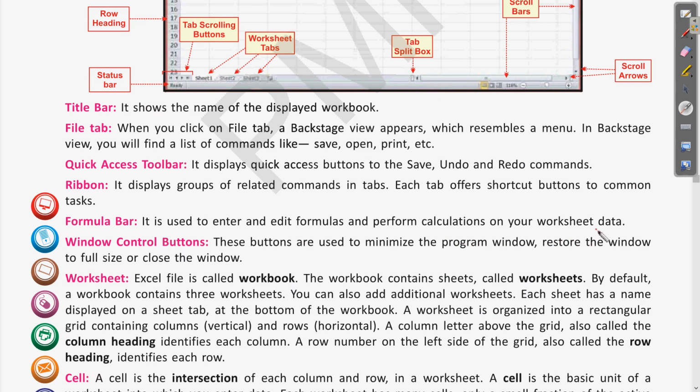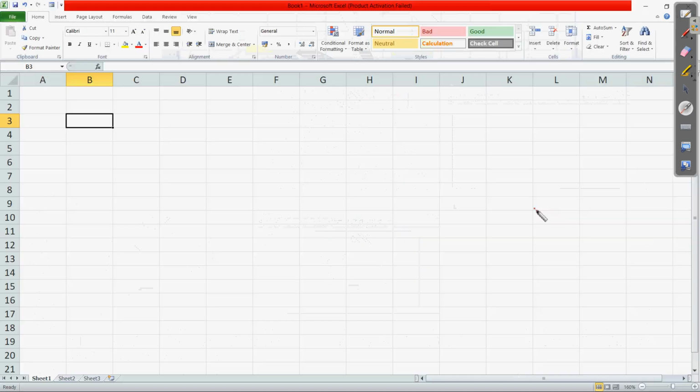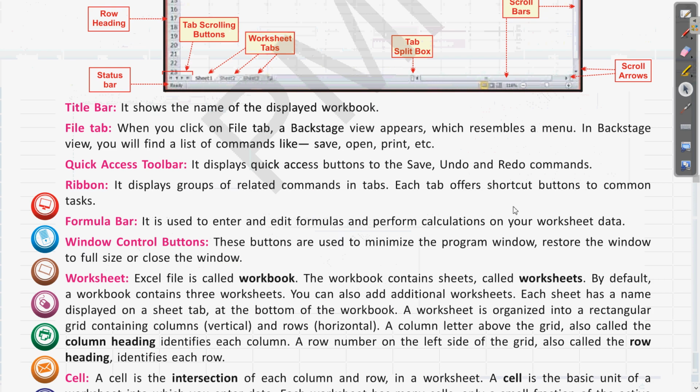Clear. So formula bar, when we proceed further in this chapter, here you can see it is present, fx. So whatever formula or function you want to use for doing different calculation, this can be written in the formula bar also.